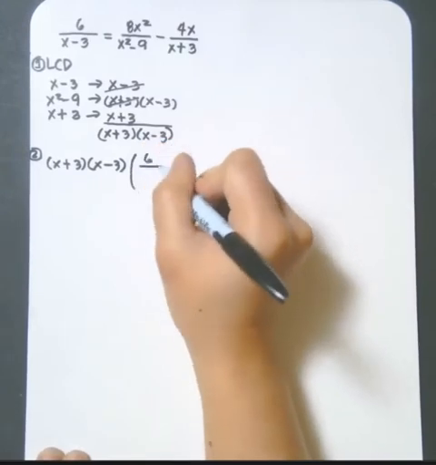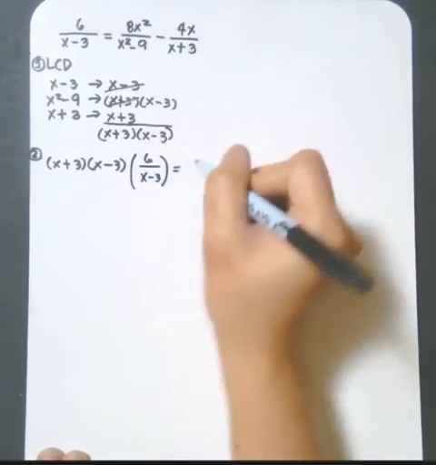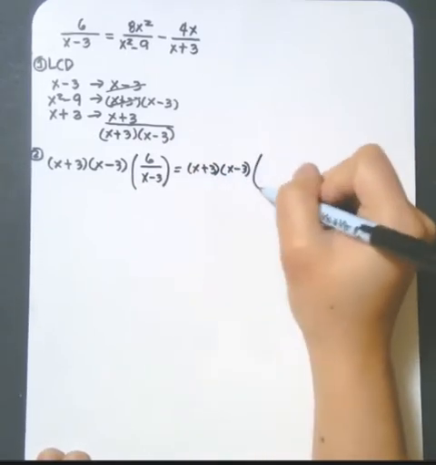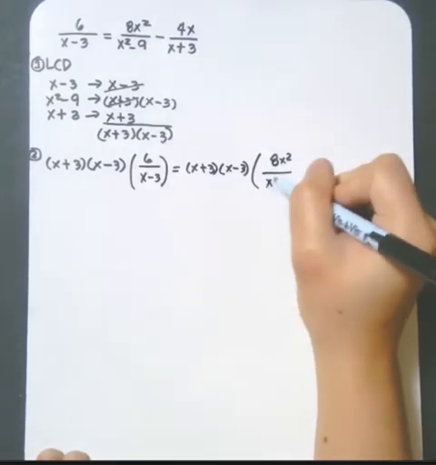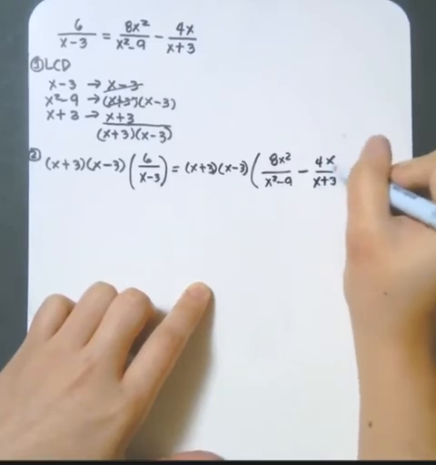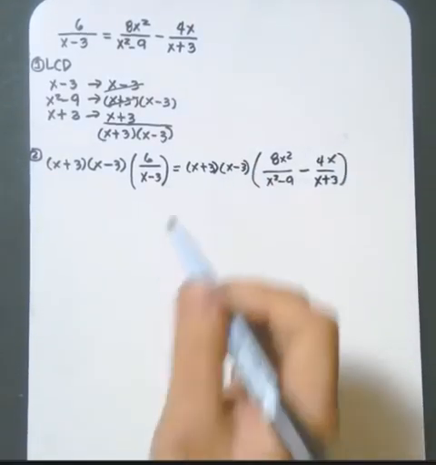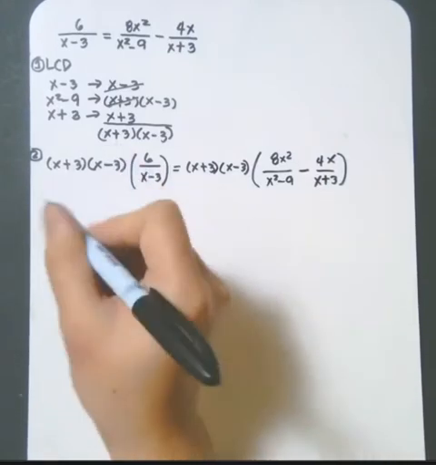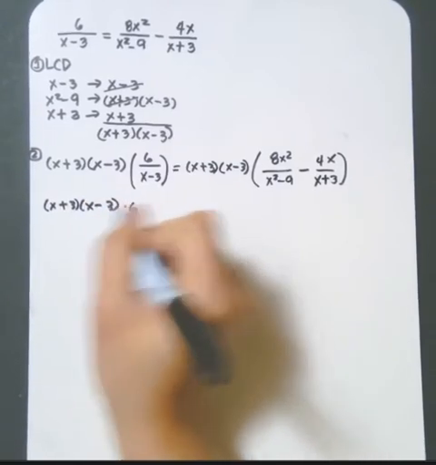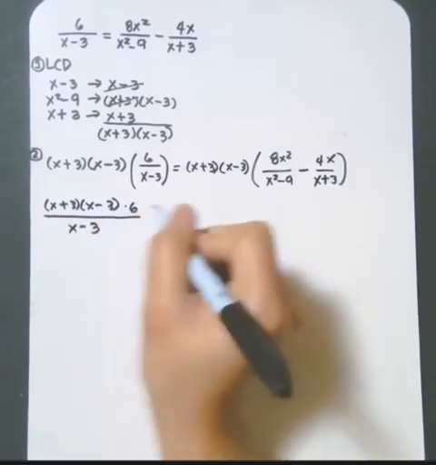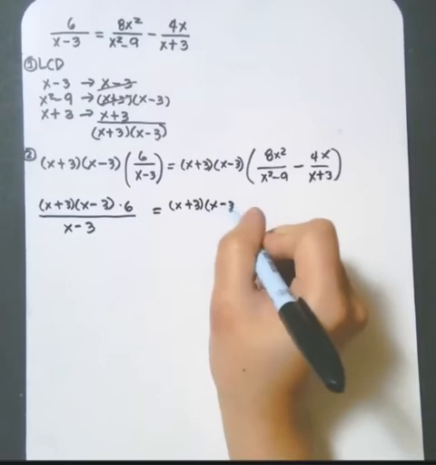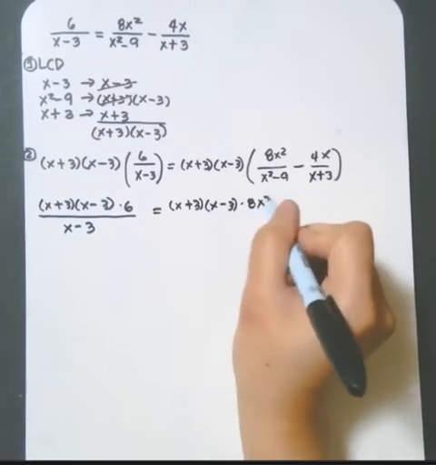We have 6 over x minus 3. We also multiply our LCD with the other side of the equation. We have 8x squared over x squared minus 9 minus 4x all over x plus 3. So apply the distributive property of multiplication. Here we have x plus 3 times x minus 3 times 6 all over x minus 3 equals x plus 3 times x minus 3 times 8x squared all over